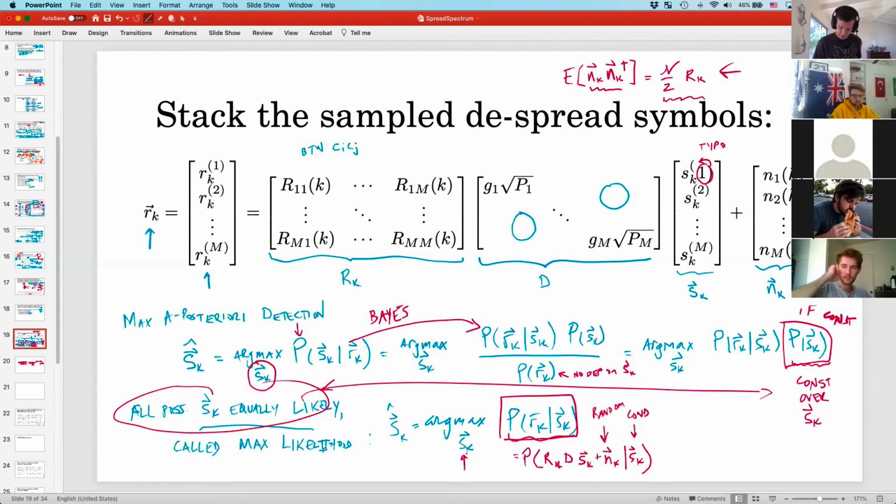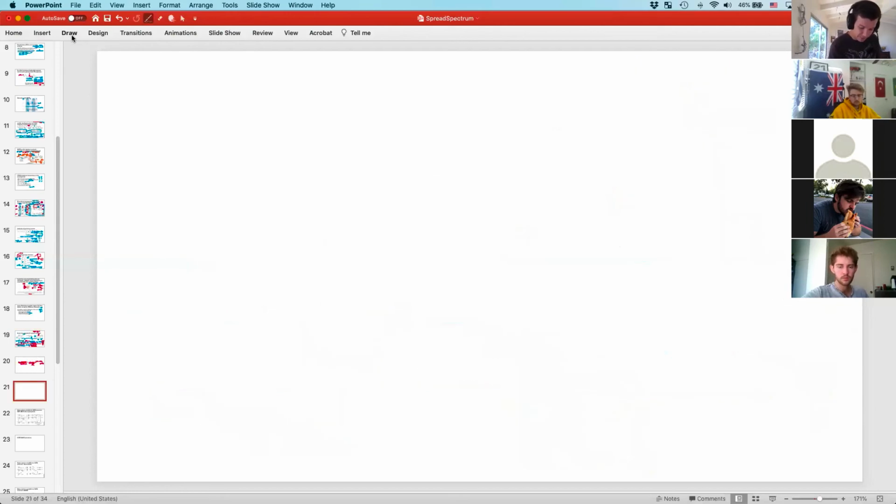Okay, so the last thing I wrote was just expanding our expression for the vector r_k in terms of this matrix expression that we have at the top of the slide. Okay, so if we are conditioning on s_k, now I can go to the next slide, and now I have enough time that I can do it out nicely. So let's talk about the probability of receiving r_k